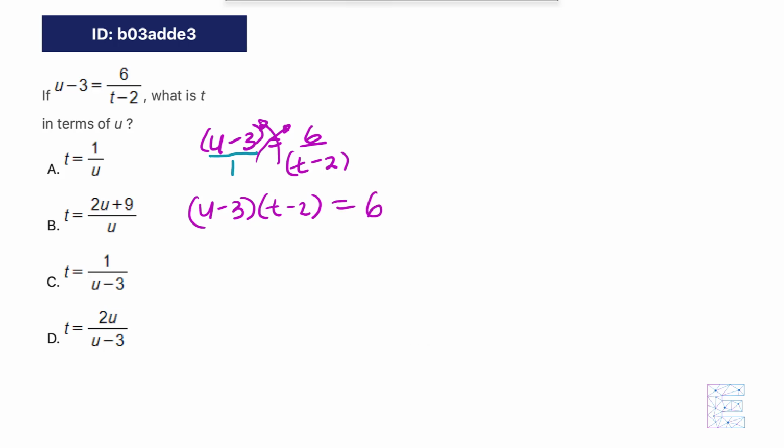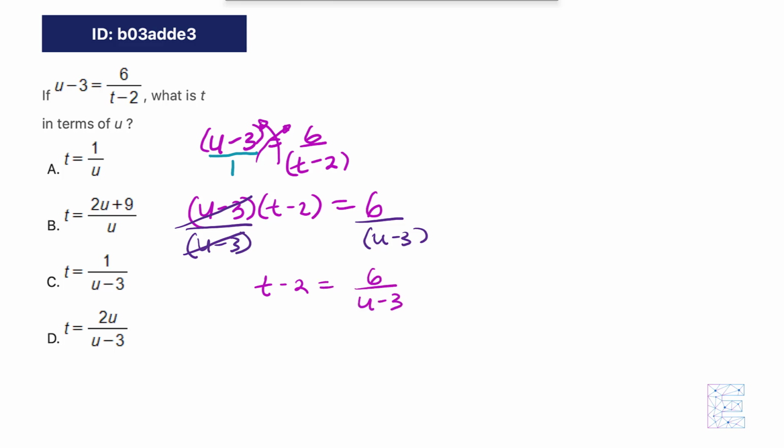Our goal is to get t by itself, so we can already see that we want to get rid of this guy right here. So why don't we do that using our inverse operation idea? We're going to divide both sides by u minus 3, divide this right side also by u minus 3. So you see those are canceling, and now on the left side we have t minus 2 equals 6 over